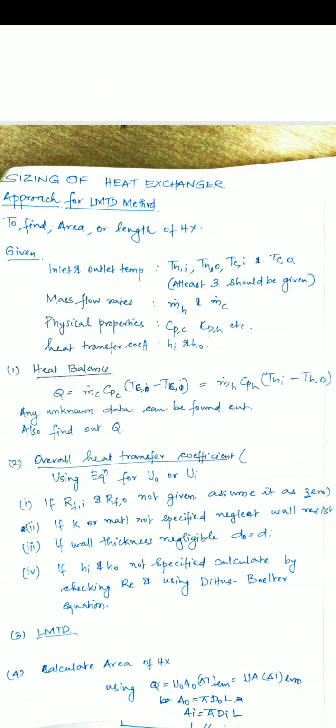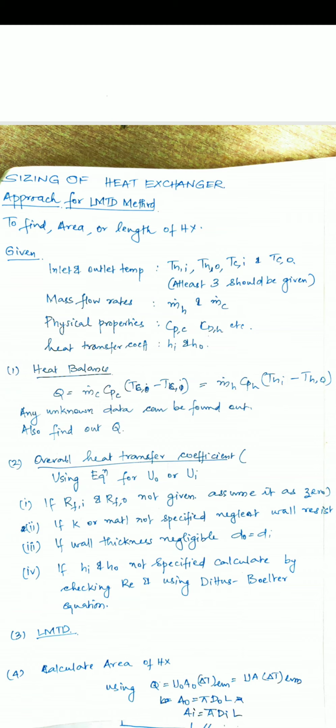So we need to know the length, area, suppose there are a number of tubes, so what is the number of tubes required. Such things we need to find out based on our heat transfer requirements. Finding out these data is called design data, or otherwise the sizing calculations for a heat exchanger. So this is the first step in installation of any heat exchanger. It is basically done using the LMTD method.